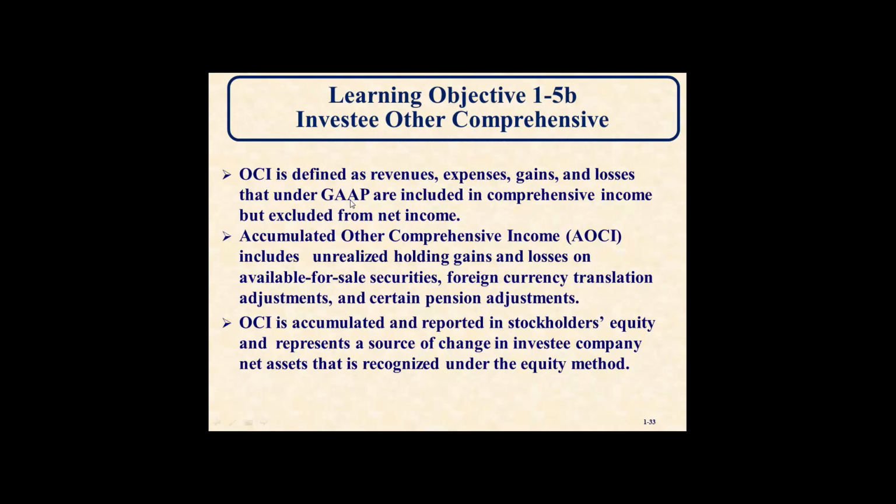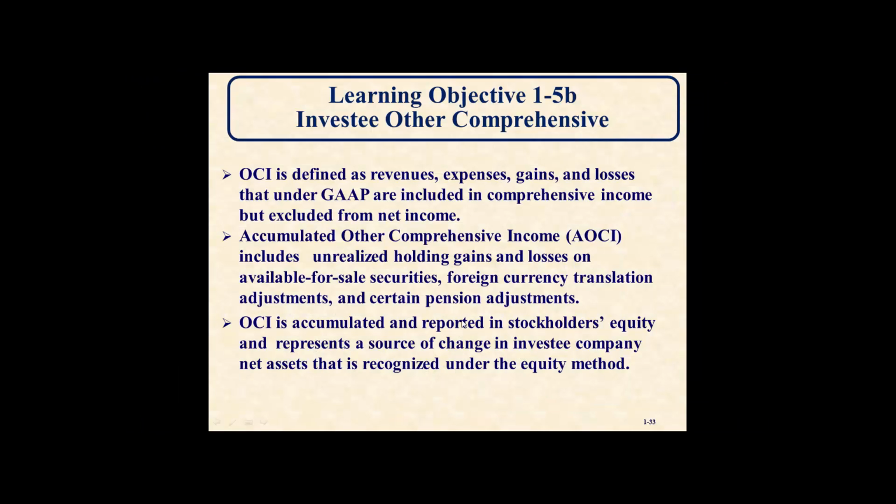Other comprehensive income is defined as revenues, expenses, gains, and losses that under GAAP are included in comprehensive income but excluded from net income. Accumulated other comprehensive income, also known as AOCI, includes unrealized holding gains and losses on available for sale securities, foreign currency translation adjustments, and certain pension adjustments. OCI, or other comprehensive income, is accumulated and reported in stockholders' equity and represents a source of change in the investee company's net assets